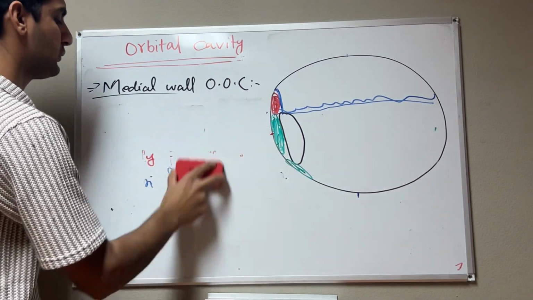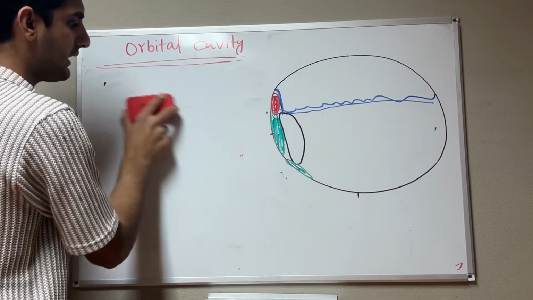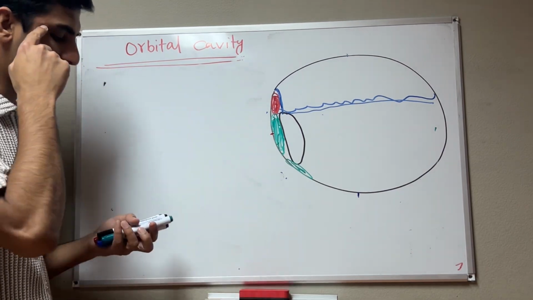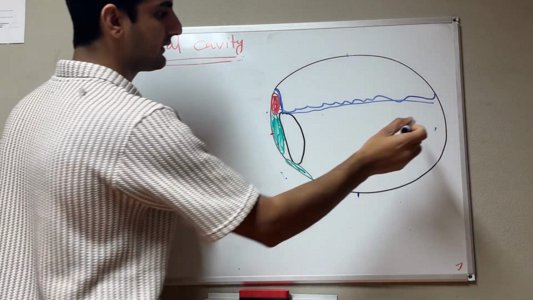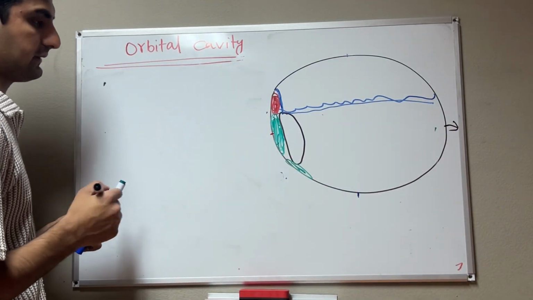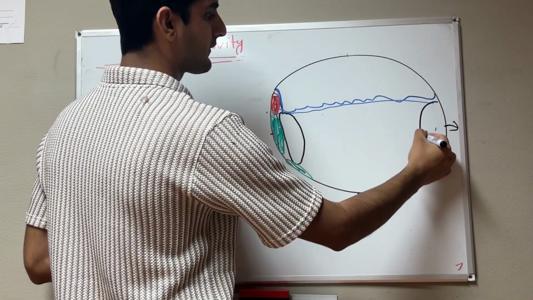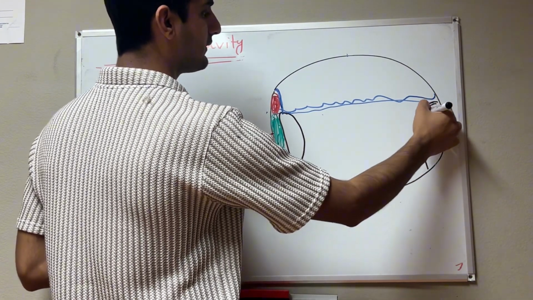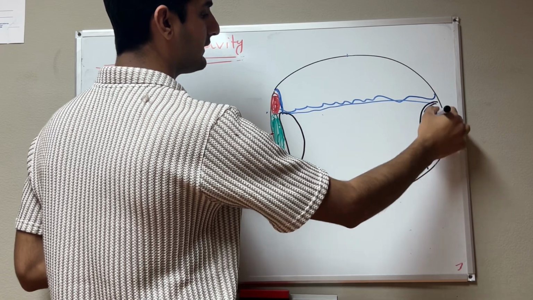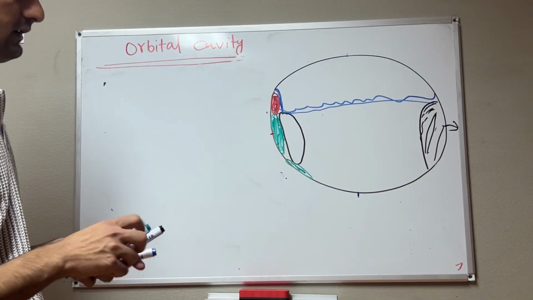Okay, we discussed the superior wall, we discussed the medial wall. Now we are going to discuss the lateral wall of the orbit, this one. Now, for the lateral wall, which bone takes part here? Okay, we know here is the orbital surface. Do you remember the